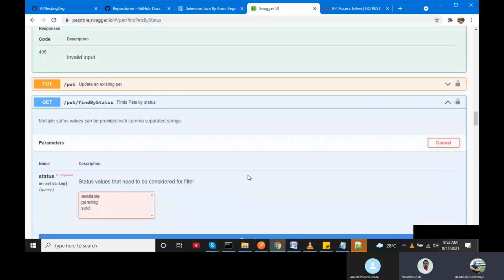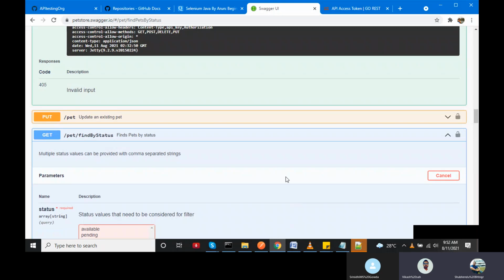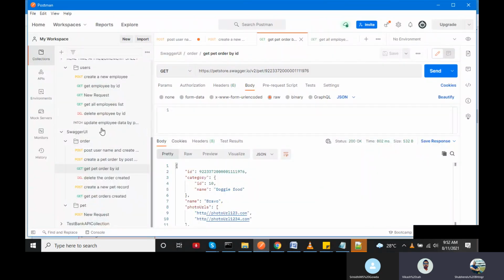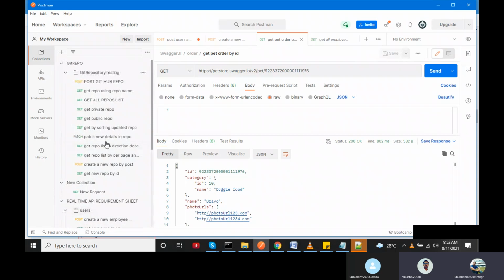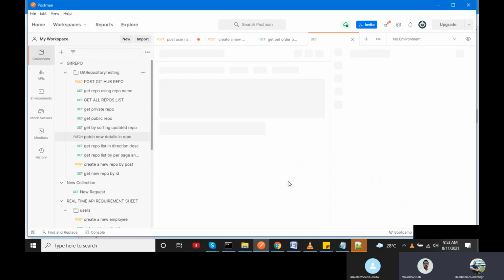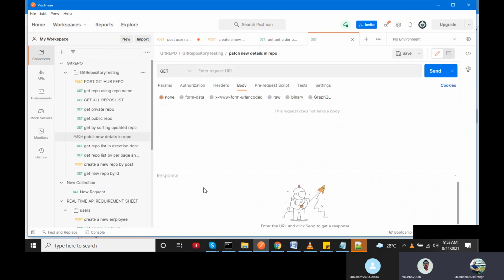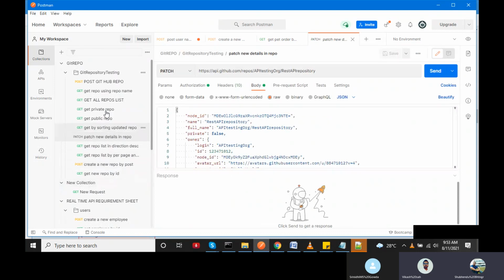Okay, and I also tried that GitHub part in the last, where we want to do the patch method. I was also facing the same issue in GitHub. In the last part you did patch and then it was showing some error about unauthorized access in the repository. So I was also getting the same. I will try another way, some other resources, and do patch. I was doing it in the morning.